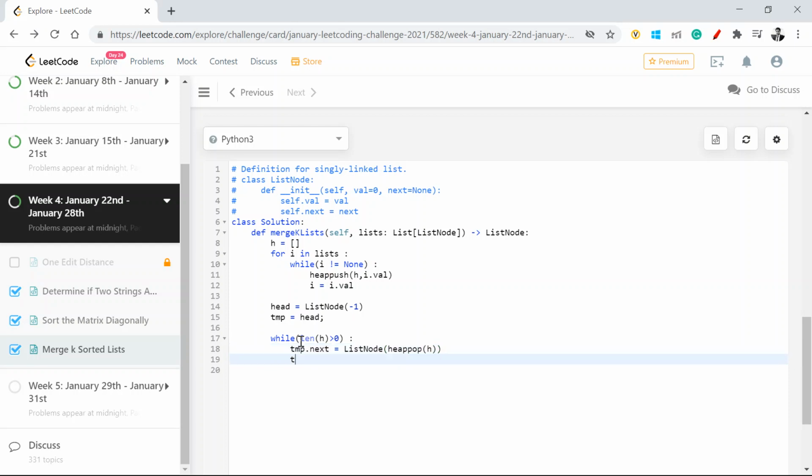So temp dot next. Once this is done, I'll just return head dot next.